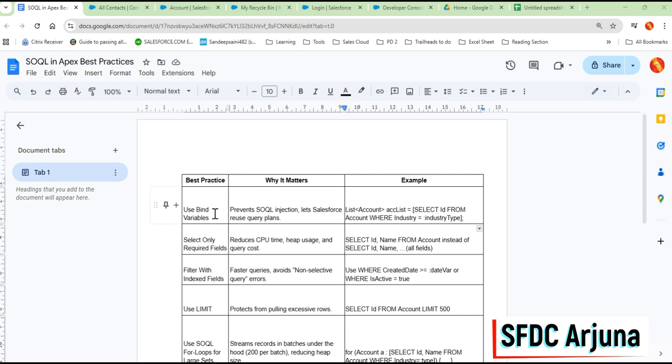First is use bind variables. This is the bind variable. Using a colon and the variable name, we can write SOQL. That way we can prevent SOQL injection. We could write the direct variable name here,